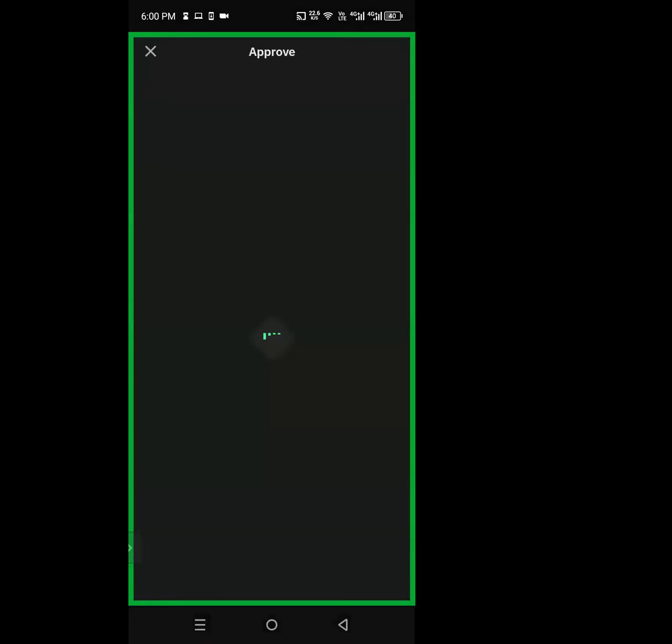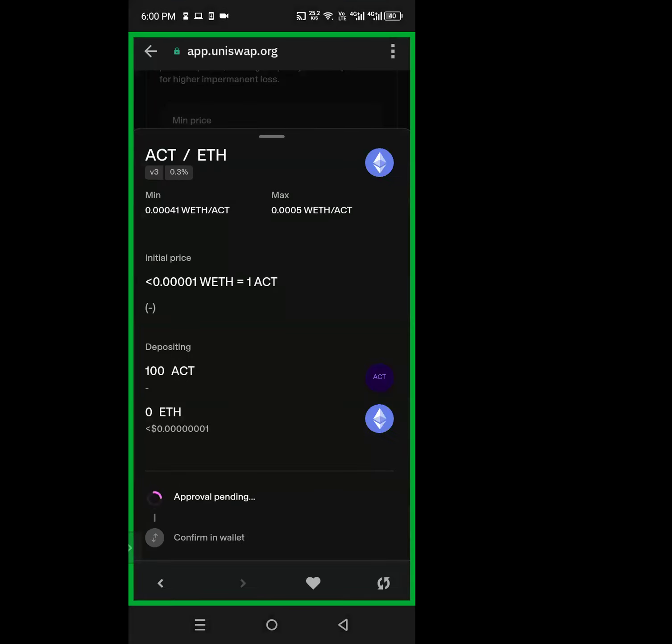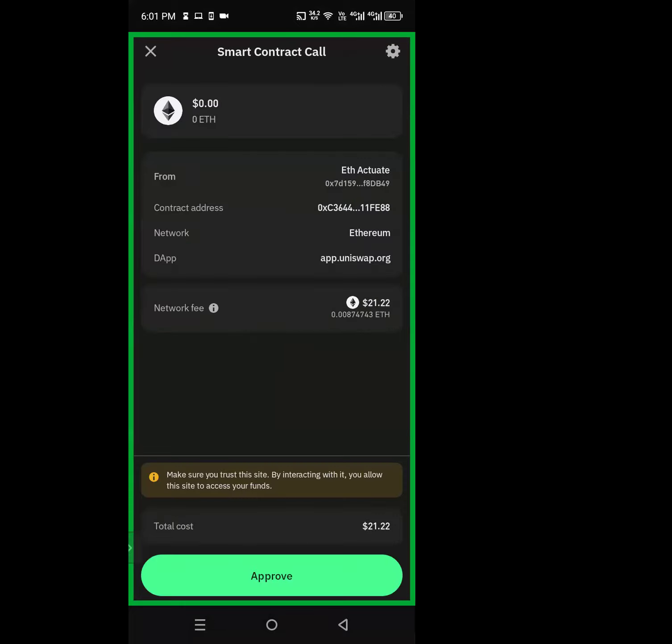I put in my password, and then I wait for it to approve. After that, give it some time. So it's loading, and that was to approve the transaction.